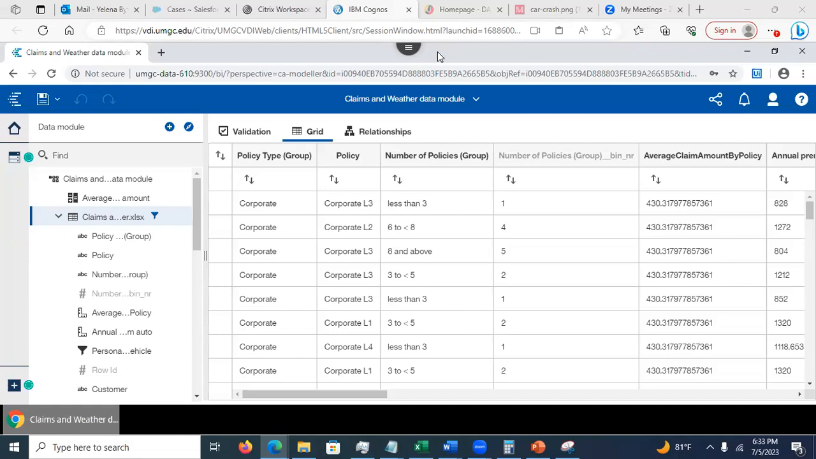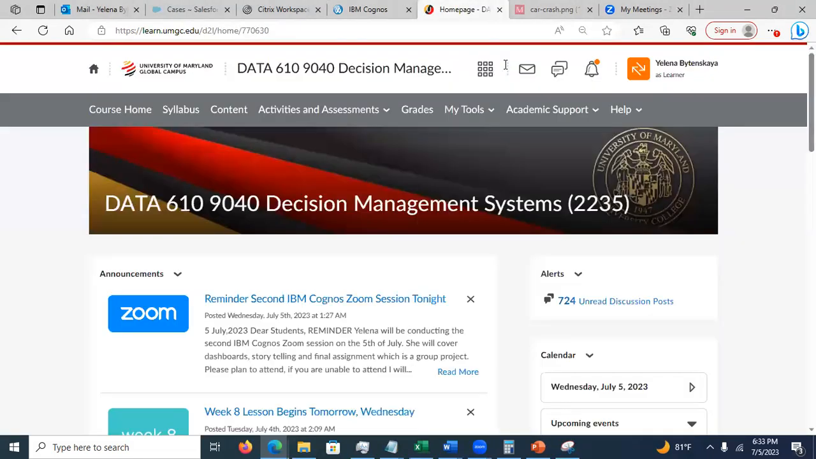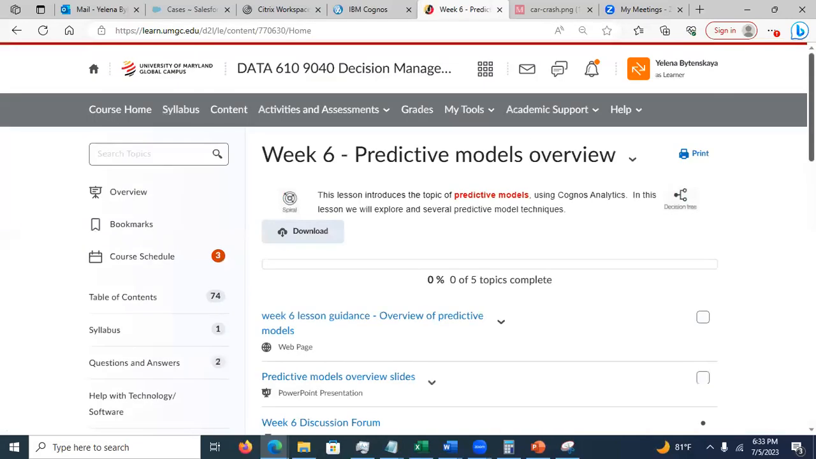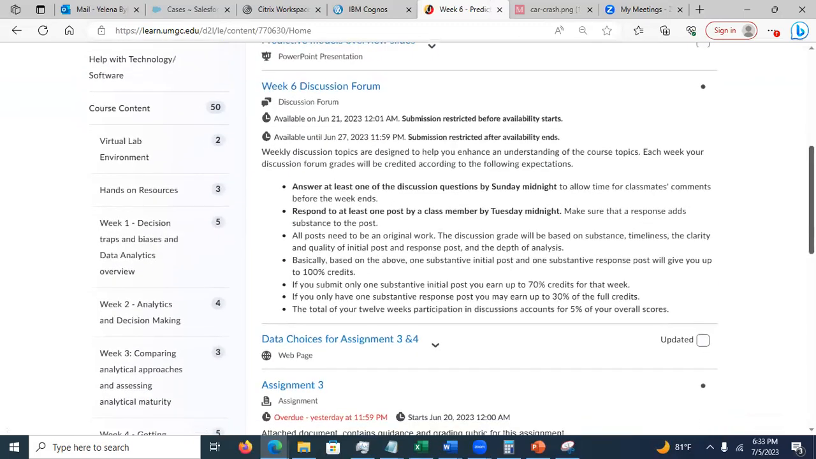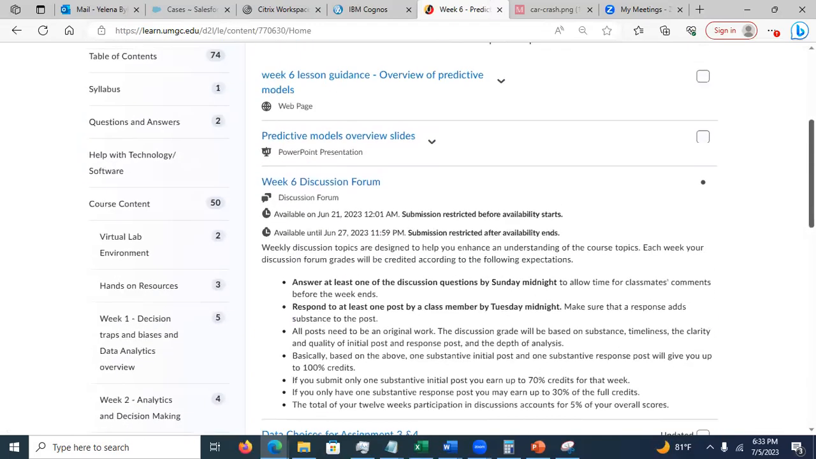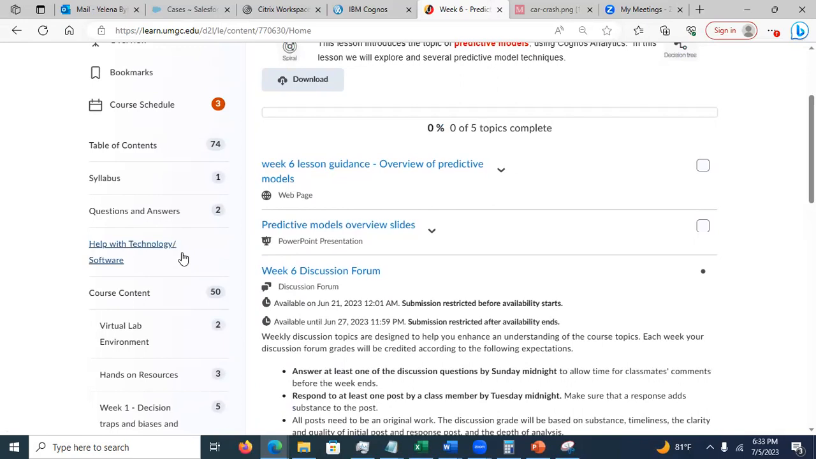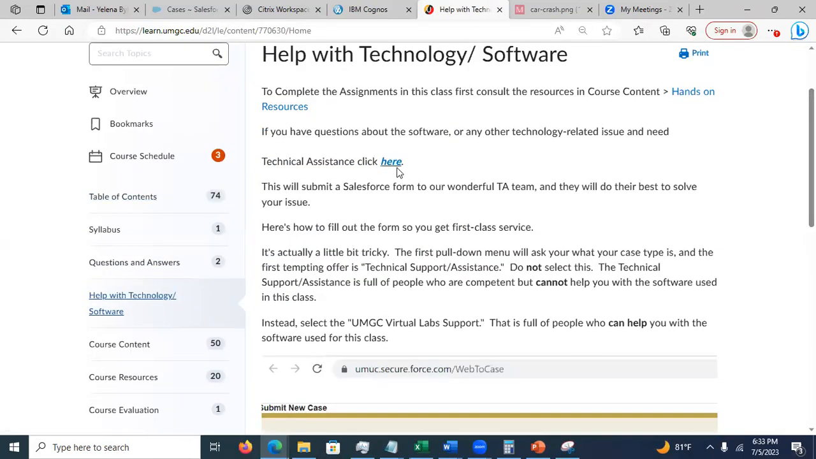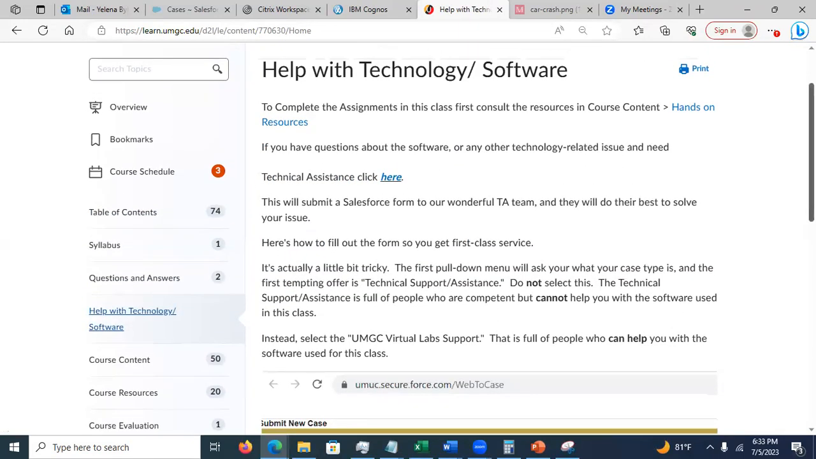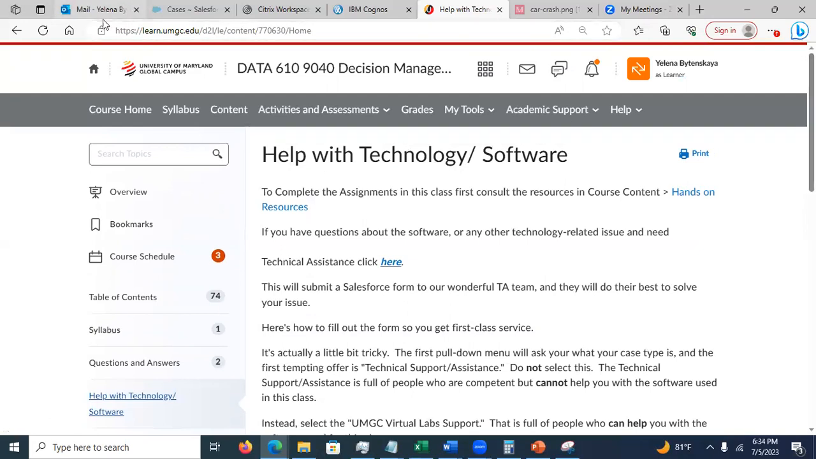Yes. And another thing, remember, please submit the ticket. You want to use the form in the classroom, right? Please, I'm asking again, use the form in the classroom. So you have this one, right? Help with technology software. You need to use this form, because if you don't follow the instructions, it's a big mess, because the ticketing system